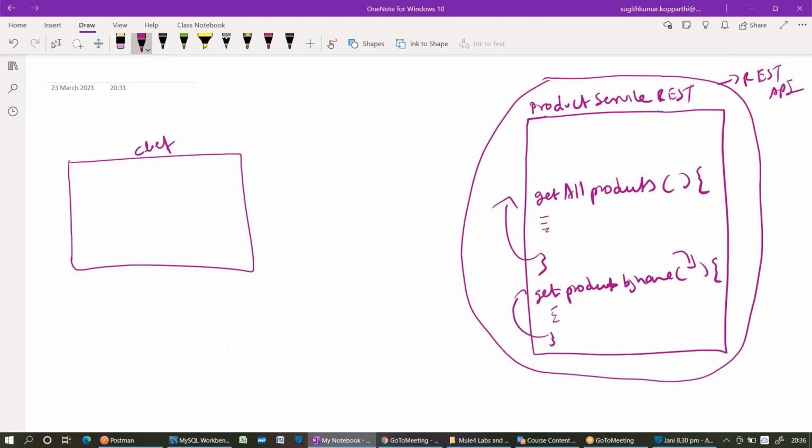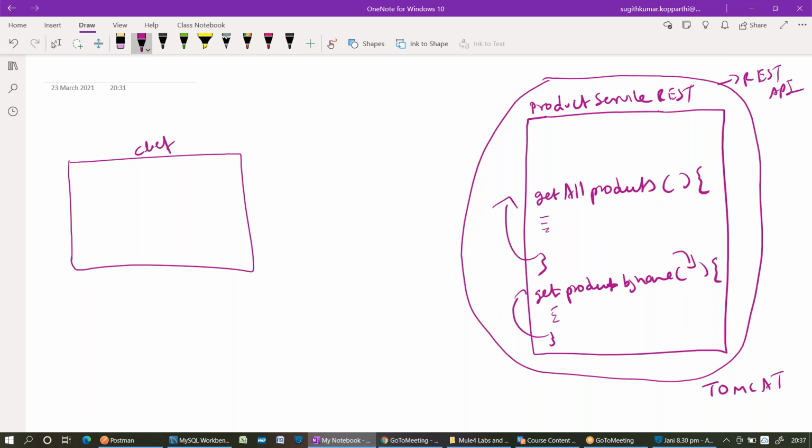Application server, can you please name some application servers? Mostly used ones: WebLogic, WebSphere, Tomcat, Glassfish. Okay, I'm just taking Tomcat as a server.